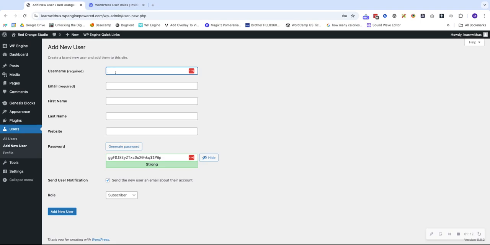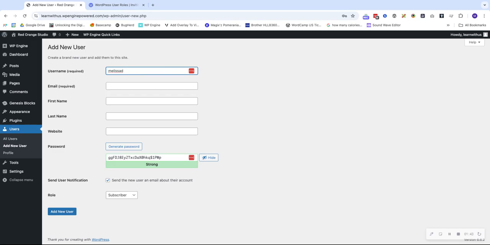Some common naming conventions that we use are the email address. So while you cannot have the same username or email as another user on the site, you can make it so that your username and email address are the same. Some other conventions are first initial, last name, and first name, last initial. It's 100% your choice which convention you want to go with, but we do recommend maintaining the same naming convention